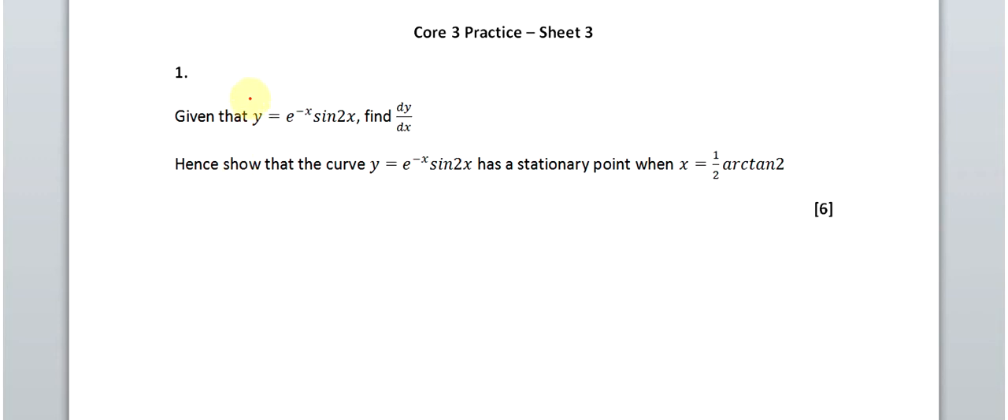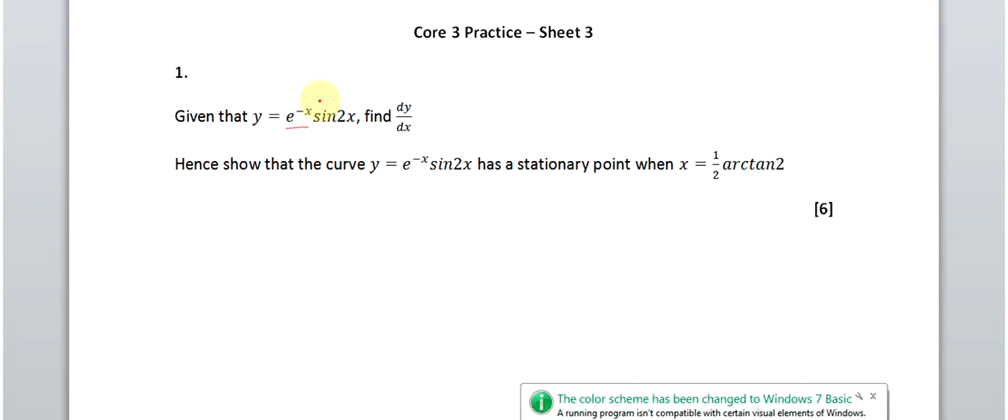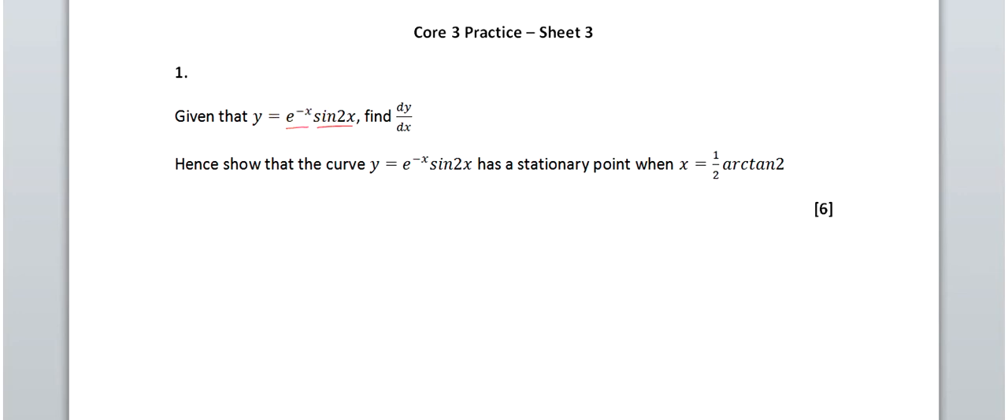So we are going to differentiate e to the minus x times sine of 2x. And this is a product of two functions, so we're going to use the product rule. So the first one here, e to the minus x, is going to be u,